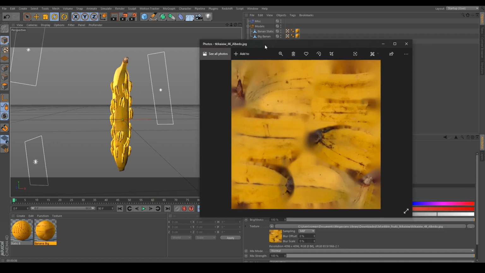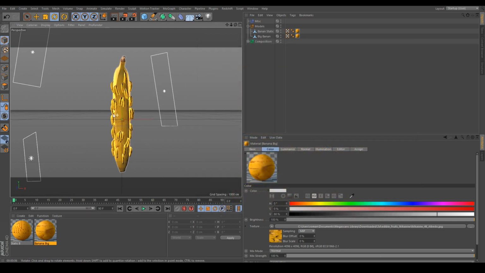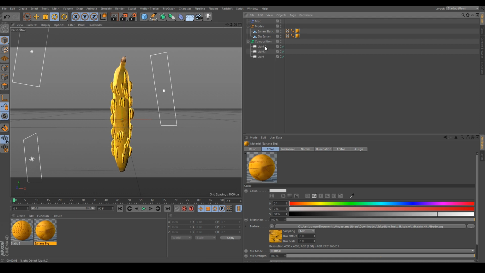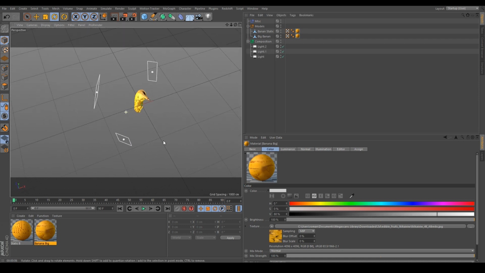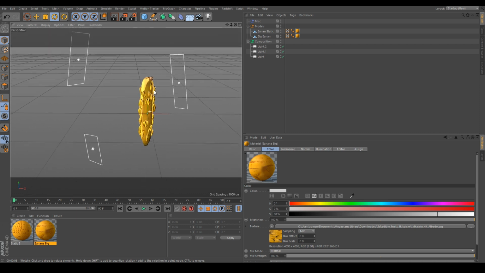texture over here. So this is the texture that comes with the banana, and it's just a color texture. So what texture baking is going to do is apply all those shadows, the nice ambient occlusion details, everything onto the texture itself. So to do that, we have to set a couple of things. We have 3 lights over here. It's a 3-point light system. Pretty simple to set up.